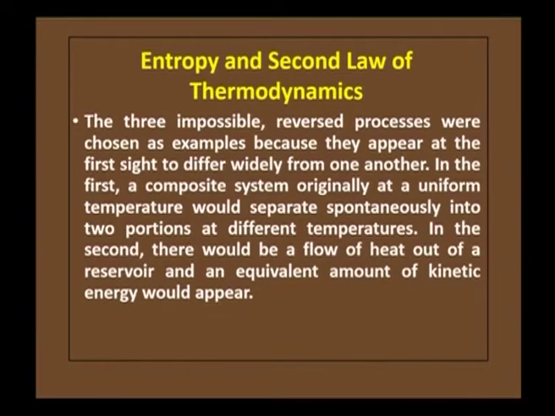These questions could be answered if there exists some property of a system, that is, some function of the state of a system, which has a different value at the beginning and at the end of a possible process. This function cannot be the energy, since the energy is a constant. A function having the desired property can be found. It was initiated by Clausius and it is called the entropy of the system.